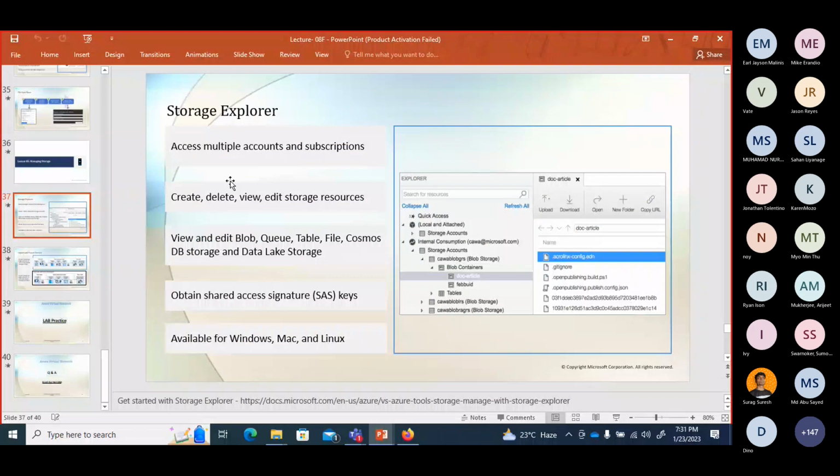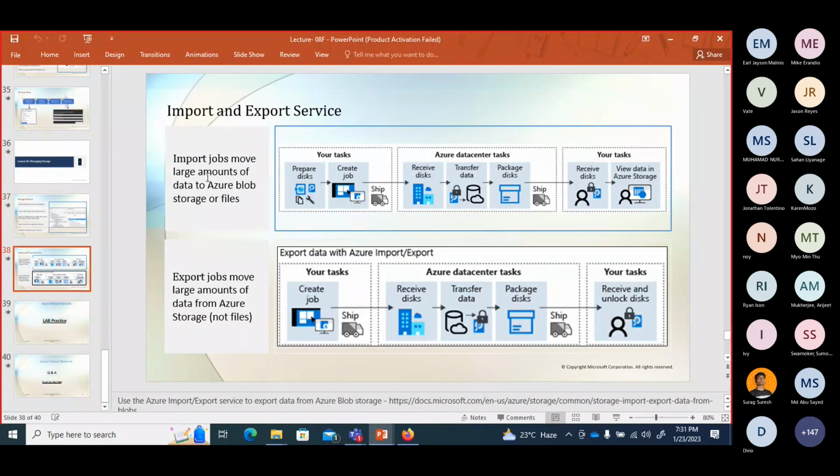So this is the way to Storage Explorer. As I said, I cannot show this one, but it will be like this. You can create, delete, view, edit resources, everything in there, online or offline, with a shared access key. I tried with a SAS key, maybe some network security issue, so I cannot show this one. Next class, at the very first, I will show this one. This is the way: import job, import the files, import the disk, and everything you can easily maintain from here,